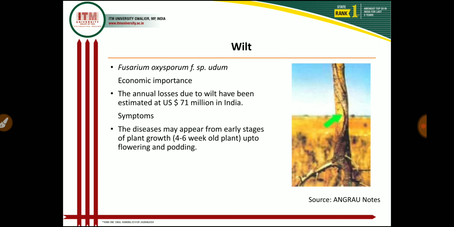patches of dead plants appear in the field when the crop is flowering or podding, at the first indication of the wilting symptoms. And the most characteristic symptom is a purple band extending upward from the base of the main stem. So you clearly see in the photograph there is a purple band on the stem, and this purple band extends upward from the base of the main stem, and the vascular tissue exhibits brown discoloration at the region of the purple band because the vascular tissues are discolored and